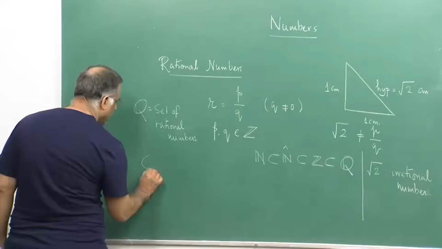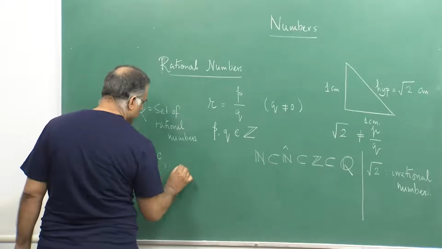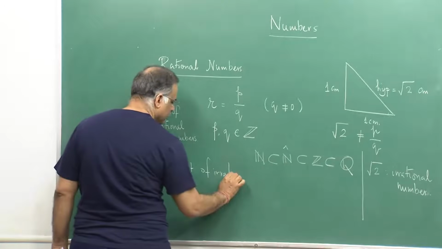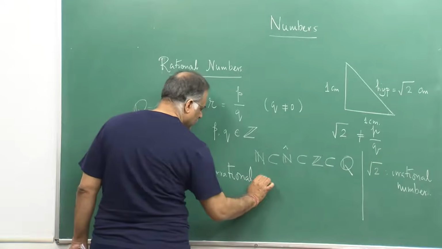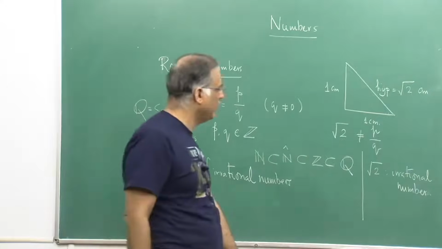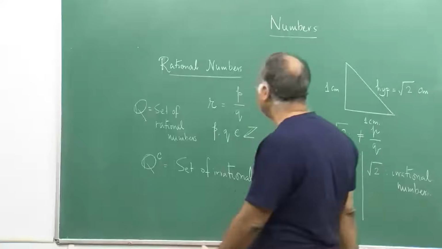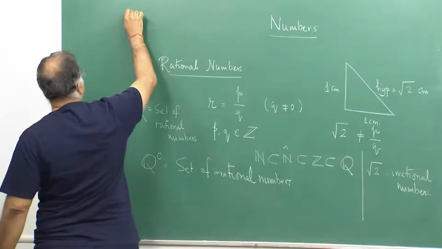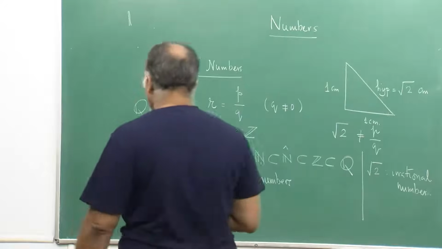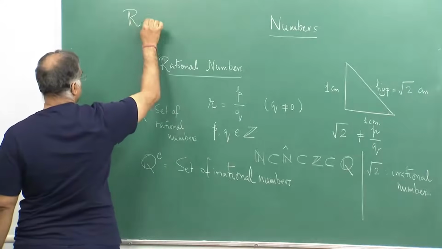So, then if I denote, where C denotes the complement of a set, the complement of the set of all rational numbers is the set of irrational numbers. This is what we have. And now, we introduce the super number set, which is called the set of real numbers. These are the numbers which we really need. Real in the sense that these numbers seem to exist actually in reality, in the sense that okay, we can actually find them, even irrationals like root 2. So, R, the set of real numbers,